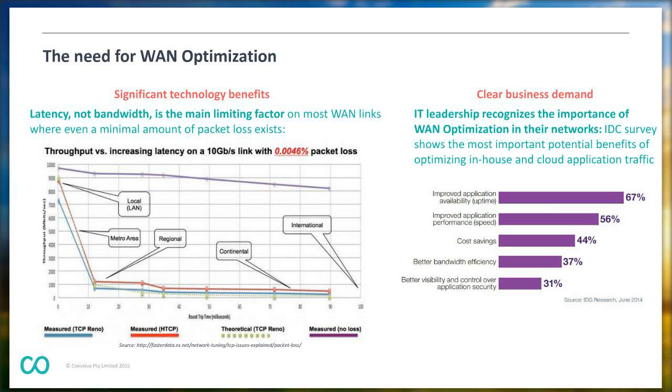Cost savings is a key driver for WAN optimization, often due to the savings that can be achieved from a bandwidth perspective through compression and so on. But as we'll see in a moment, cost savings are actually one of the big stumbling blocks that many organizations run into with traditional WAN optimization solutions. The reason for that is that this traditional appliance-driven model is quite CapEx intensive.